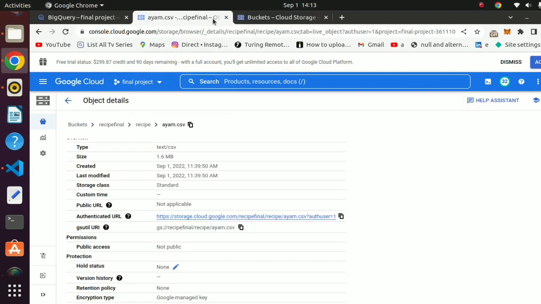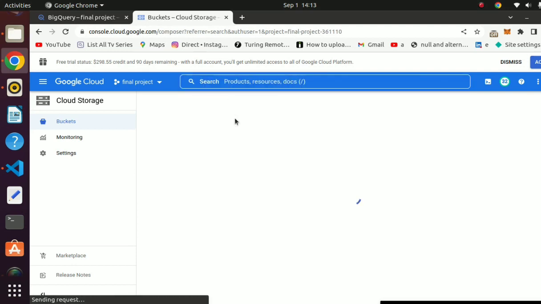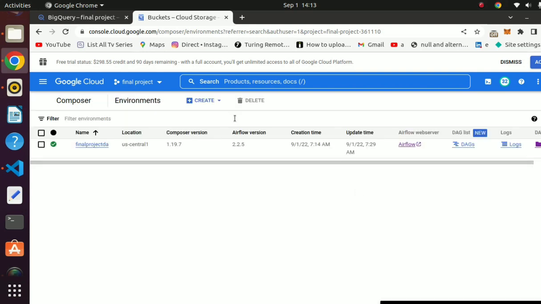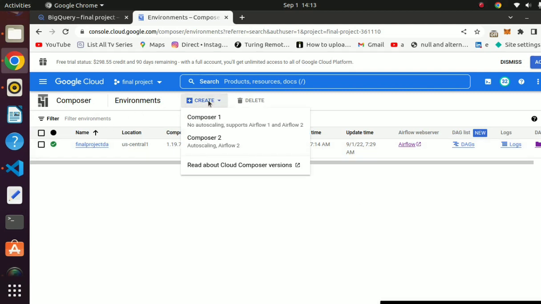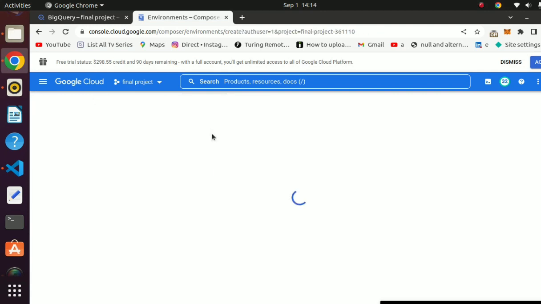So what we do next here, we go and make sure that we have created a Composer environment. Because creating an environment takes a little bit of time, I have already created an environment. If you want to create one, you just click on create, and then from the last